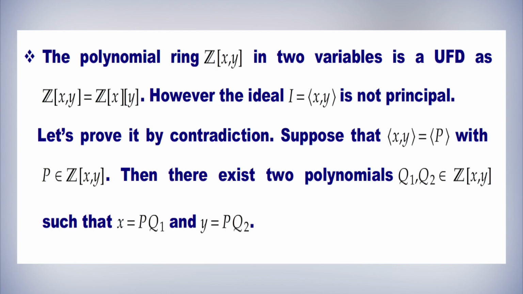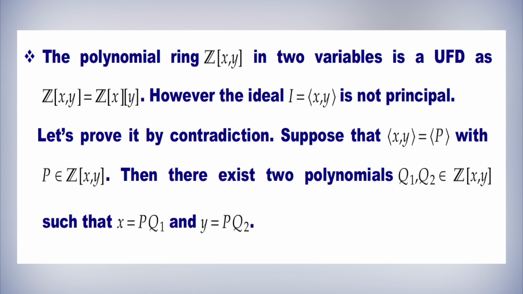The second, the polynomial ring Z[x, y] in 2 variables is a unique factorization domain because Z[x, y] can be written as Z[x][y]. However, the ideal I generated by x, y is not principal. Let us prove it by contradiction. Suppose that the ideal generated by x, y is equal to the ideal generated by p, with p belonging to Z[x, y],